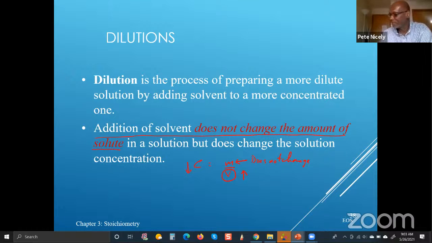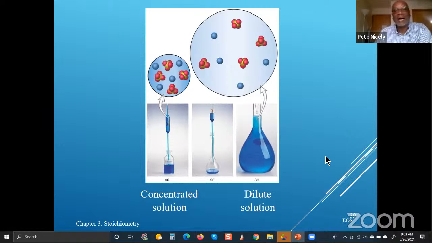Those of you enrolled in the lab will be doing this today, but basically what you're doing in dilution is shown here in these pictures. Here we have a copper 2 sulfate solution, and I'm not sure what the concentration is. The label is so small that I can't make out the handwriting or the typing on the label. But basically, this would be a relatively concentrated solution of copper 2 sulfate. And what this person did was basically withdraw 50 mils of the solution here